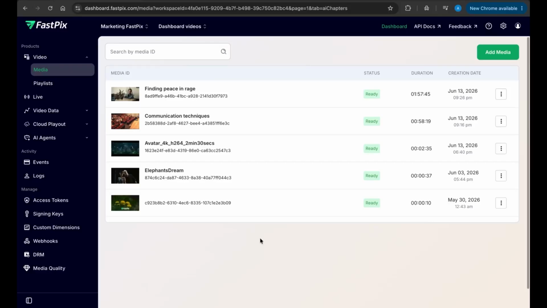Hey there! In this video, you'll learn how to auto-detect chapters and topics in long-form video using FastPix AI. We'll cover two methods, through the dashboard and through the API. By the end, you'll have structured, time-aligned chapter markers on your video without scrubbing a single second of footage to